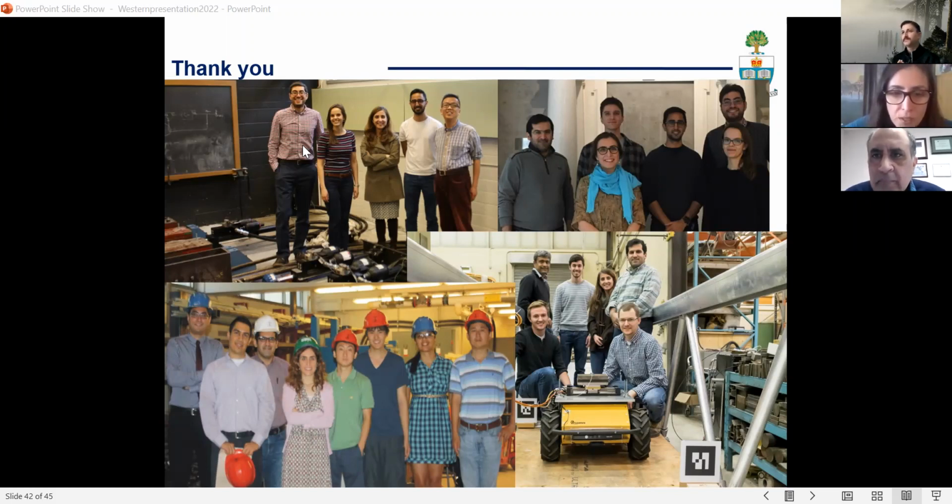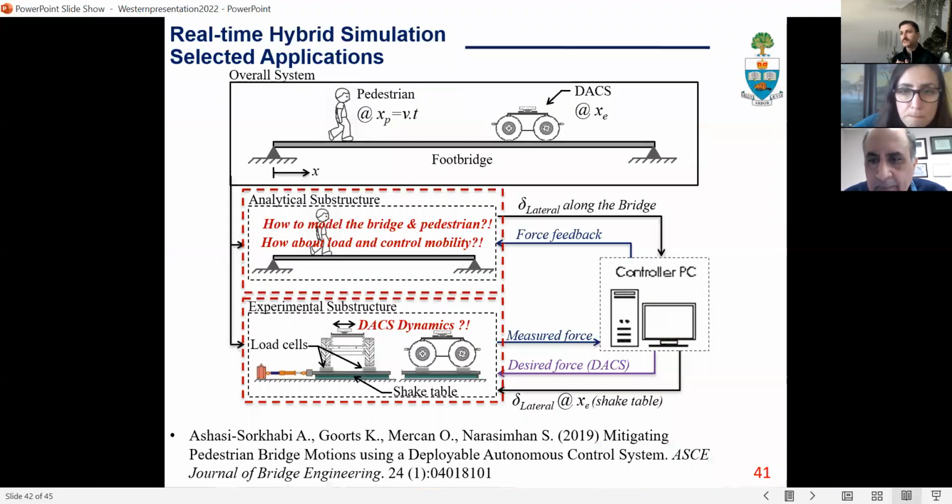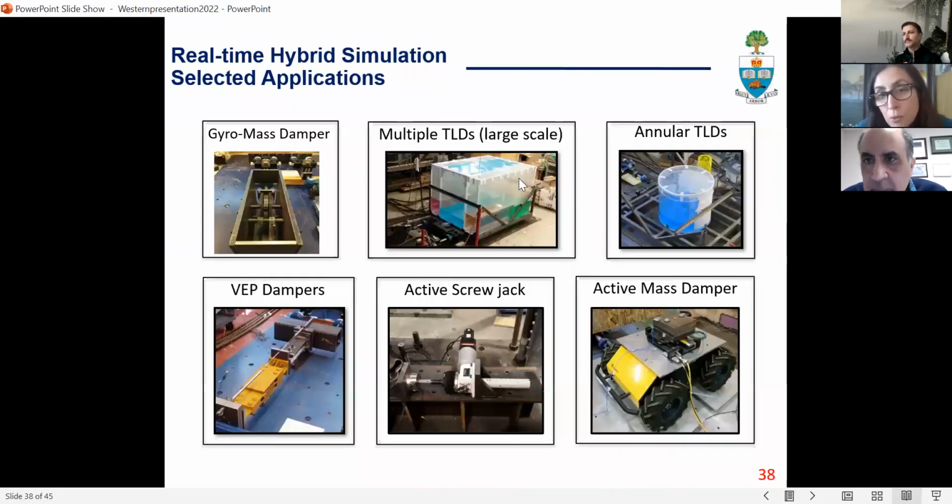That is very true, and that is the motivation behind the real-time hybrid simulation development. It is much more economical and practical compared to shake table tests. For example, to our knowledge, this tuned liquid damper is the largest tuned liquid damper that has been tested in conjunction with a structure. Because in these tests, we had a 9-story shear building that has been used as an